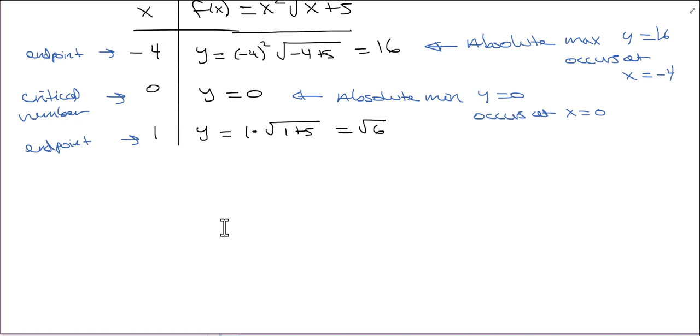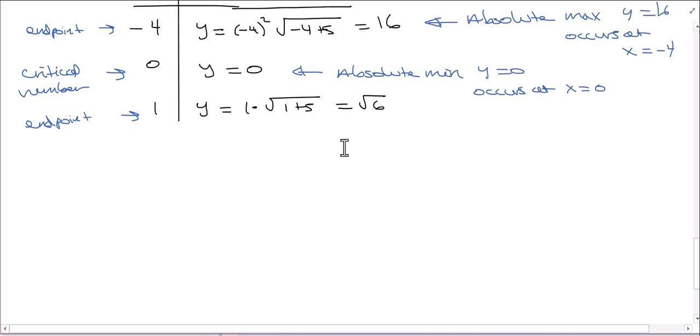The mean value theorem says that if a function is continuous on a closed interval and differentiable on an open interval, then there exists a point in that interval where the derivative is equal to the slope of the secant line connecting those points. And so as you go through, you start seeing that when the derivative is positive, the mean value theorem tells you then that those secant lines are increasing, and therefore we can derive